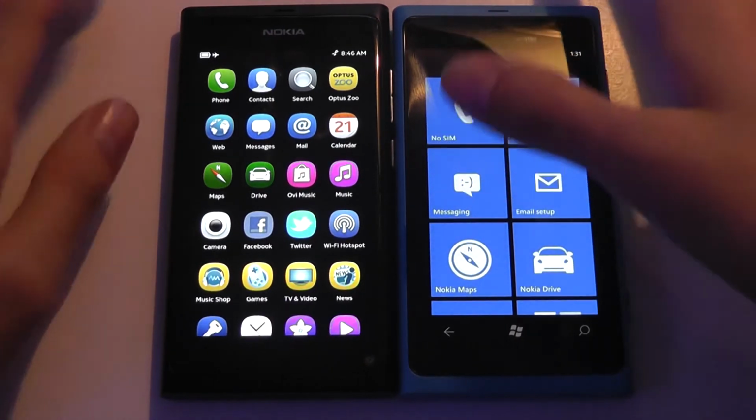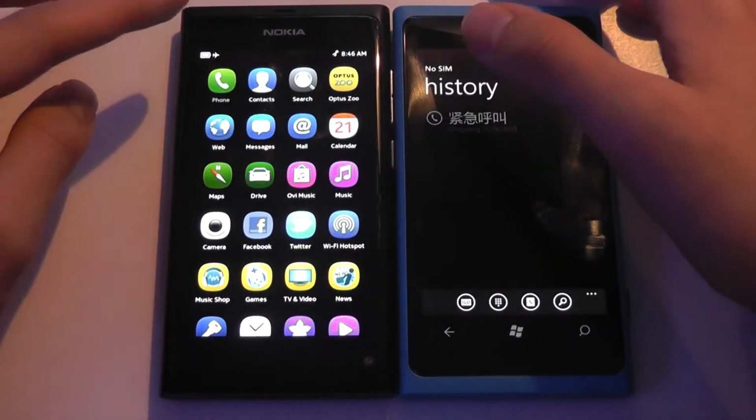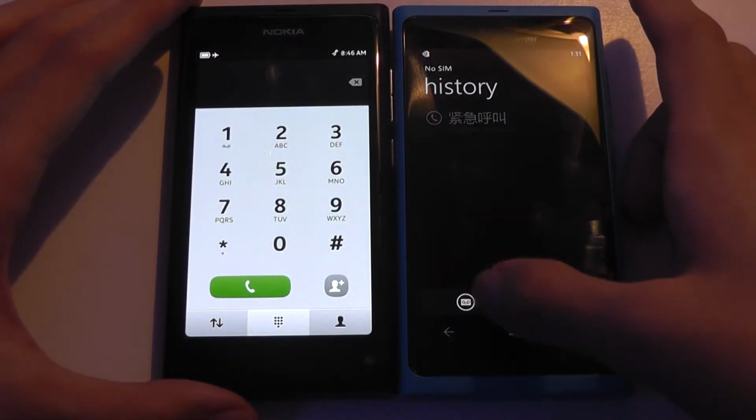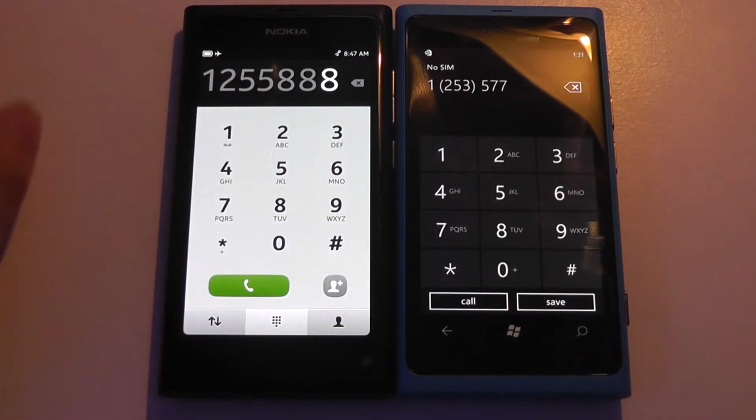So taking a look at some other main aesthetic differences, I would suppose, between, let's say, the dialer pad and between both of these phones. Both pretty simple, both oversized, easy to tap on, easy to press, but a slightly different design. N9 using MeeGo, which has a bit more of a Linux background. It's a bit more elegant and a bit more colorful and saturated, whereas Windows Phone is coming in, after